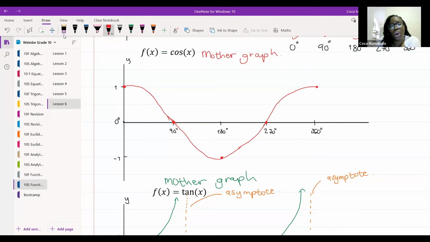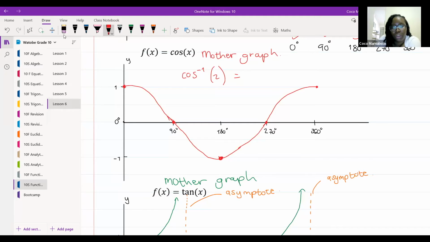I want you guys to go onto your calculator and click shift cos of 2. It should give you an angle. What angle do you get? Actually, it's not going to give you an angle, but tell me, shift cos of 2, what happens on your calculator? You're right, it can't be. It won't give you an answer. It gives you a math error because our mother graph is strictly between 1 and